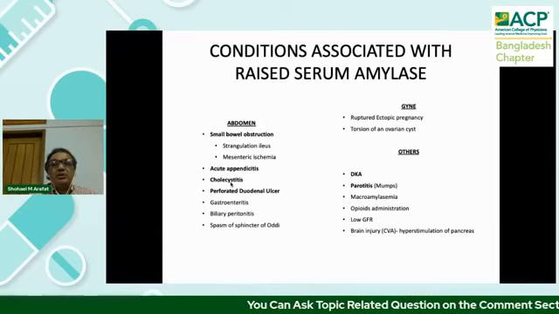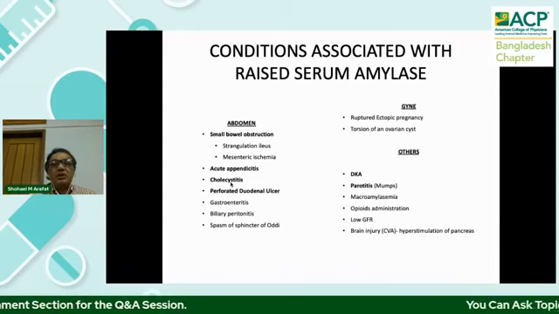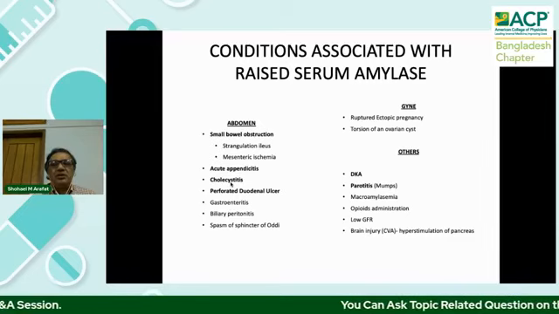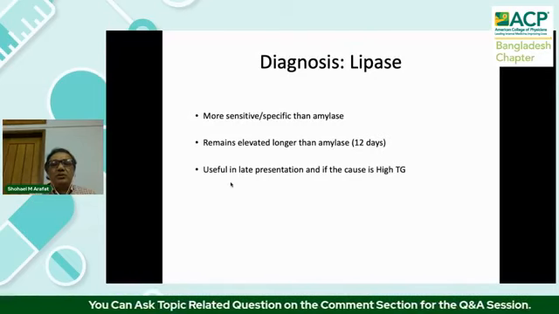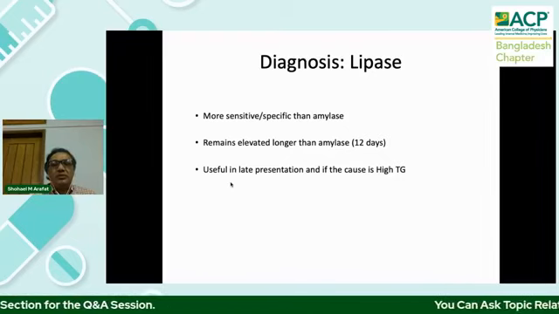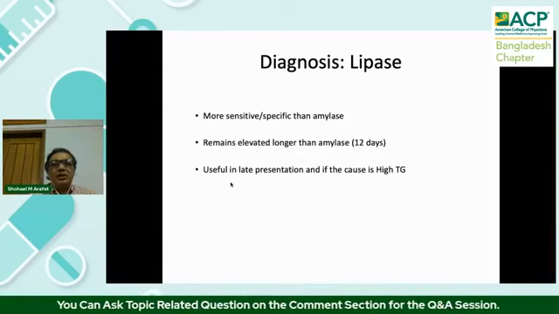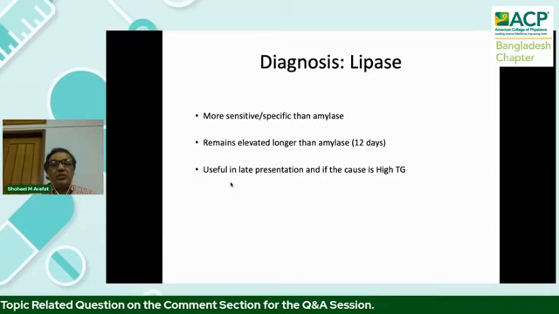So nowadays, someone is saying no to amylase, yes to lipase. That means if we do one test, we have to go for lipase, because amylase is sometimes spurious, sometimes misleading, sometimes overdiagnosis, sometimes underdiagnosis. So lipase is the most recommended investigation to establish this, and it has a lot of benefits to select it as a single investigation, because it is more sensitive and more specific than amylase, and it is elevated and useful in any phase, from early to late phase,